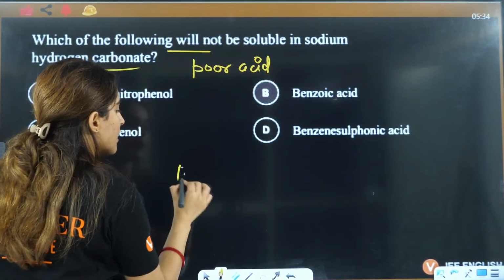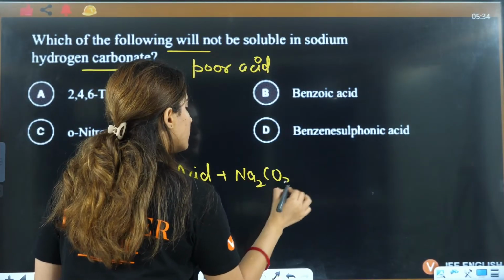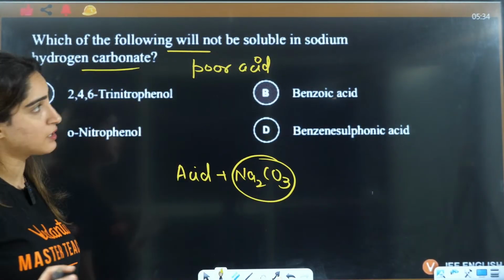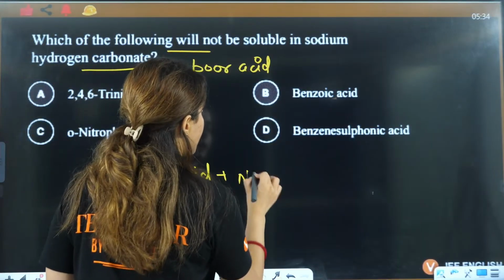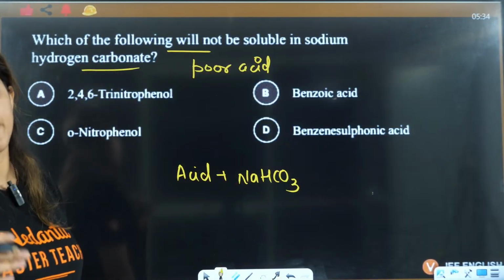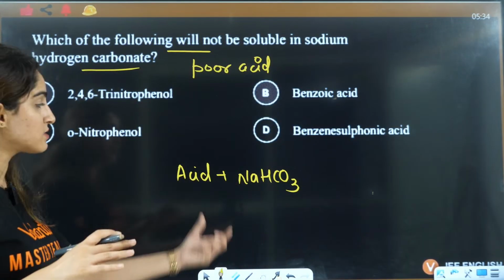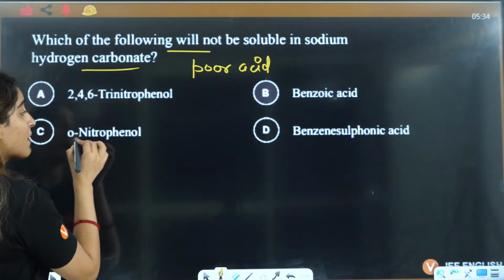Because an acid with Na2CO3 will form a very good reaction. Sodium hydrogen carbonate, that means NaHCO3, or sodium carbonate, will show a reaction with a good acid. If it is a good acid only, then it will show the reaction. So it is a bad acid like